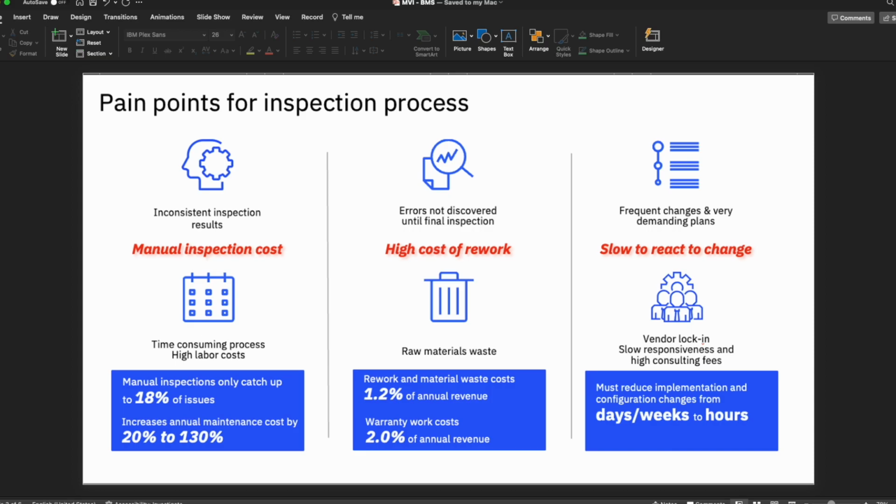Now, more times than not, we find that during these inspections, human error is frequent. And these are exercises where engineers may miss a defect that could have been caught. This can lead to rework costs, scrap, even compliance issues. I'll talk about two use cases in a second that I worked with in the past year or so that highlighted some